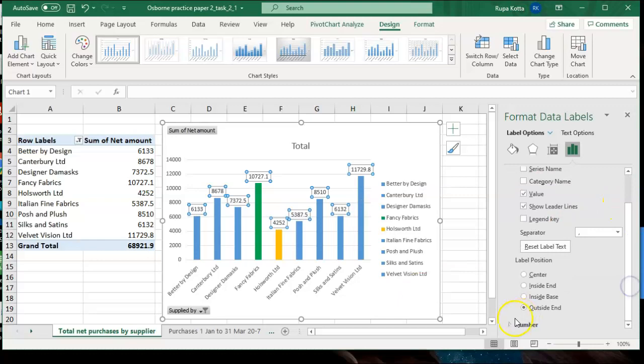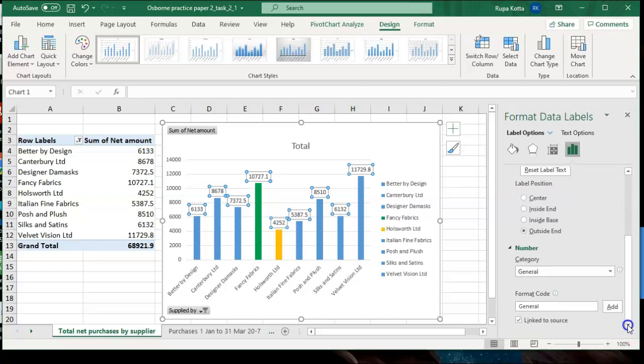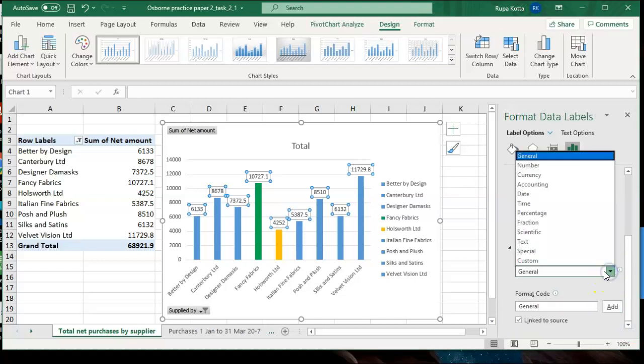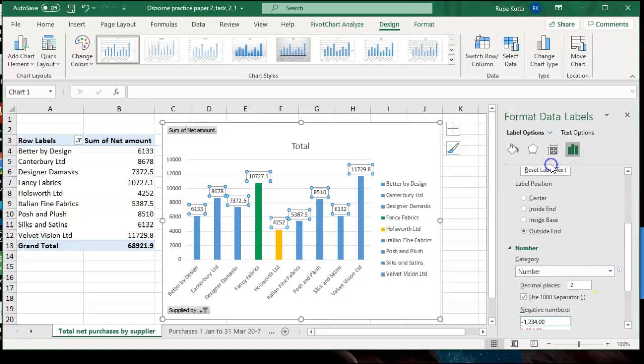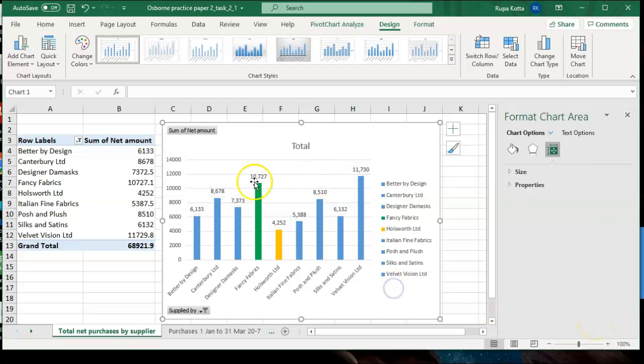Scroll down to the number section here. We want it as a number with 0 decimal places but a 1000 separator. And that's it. When you do that, you can see that all the figures have been added to the bar chart as data labels.